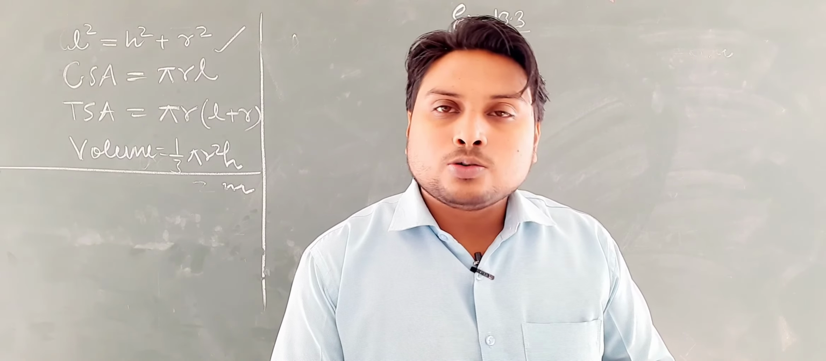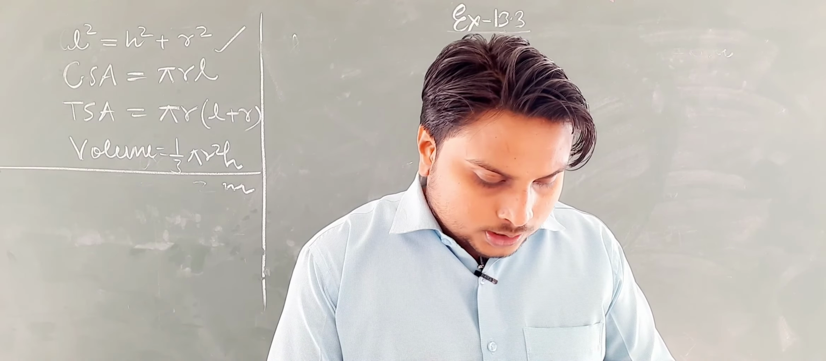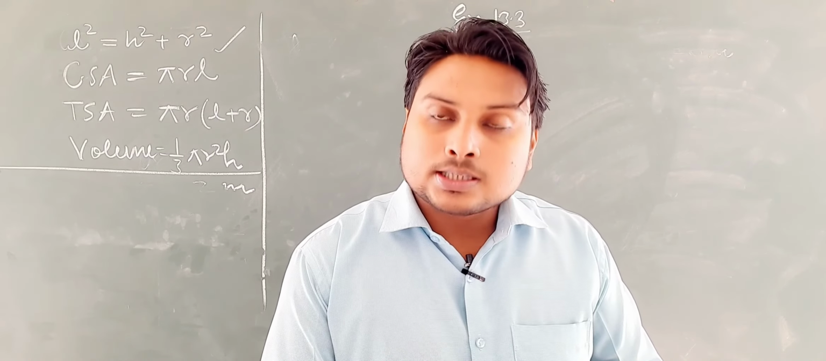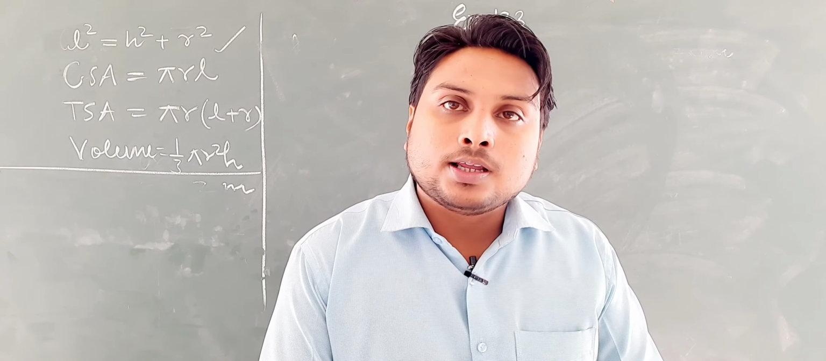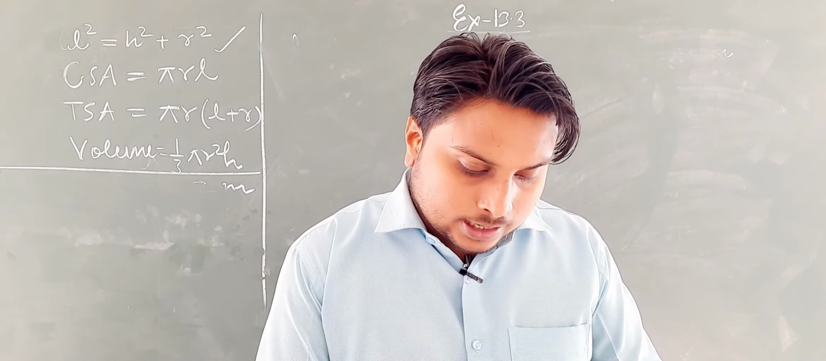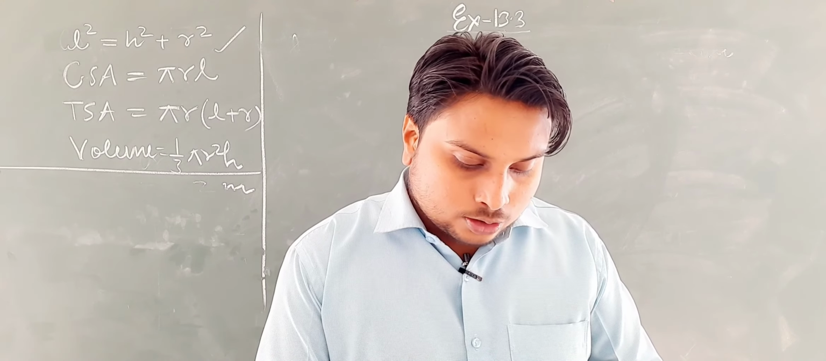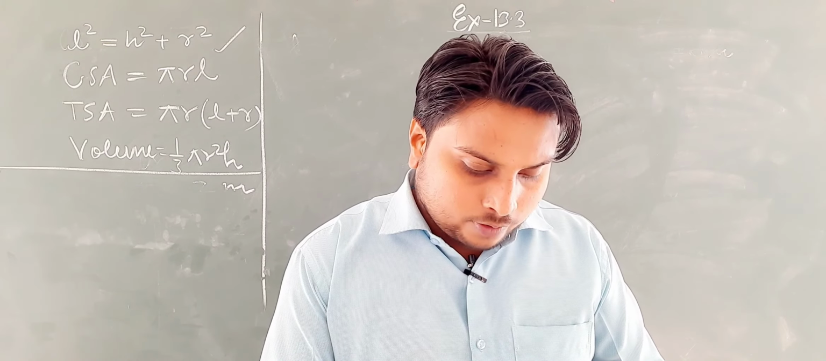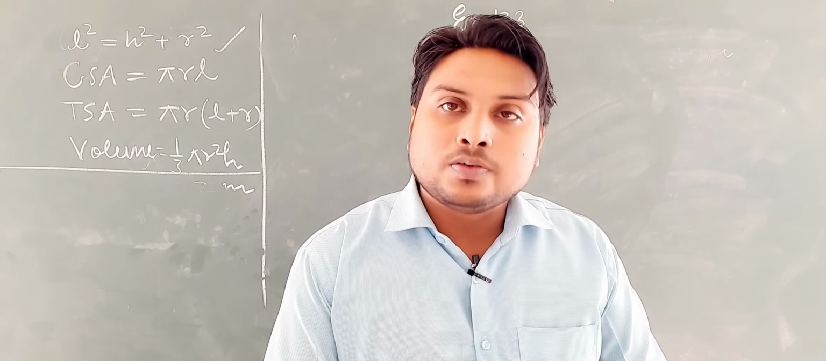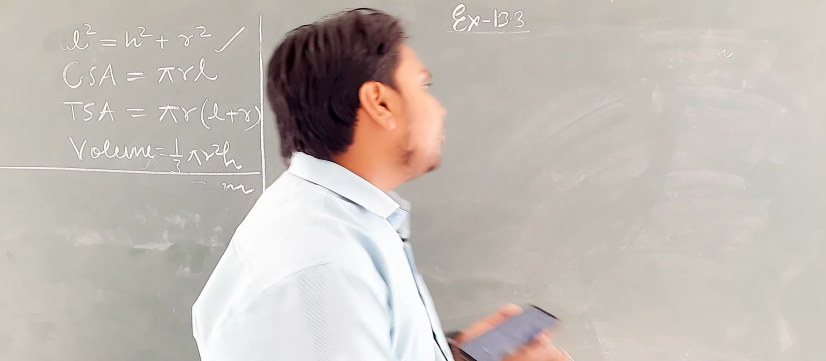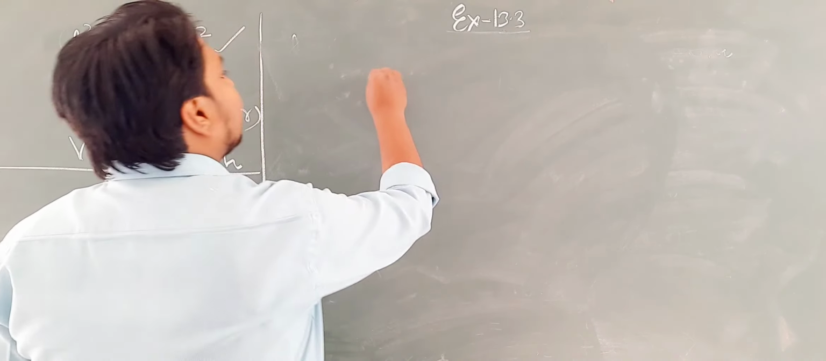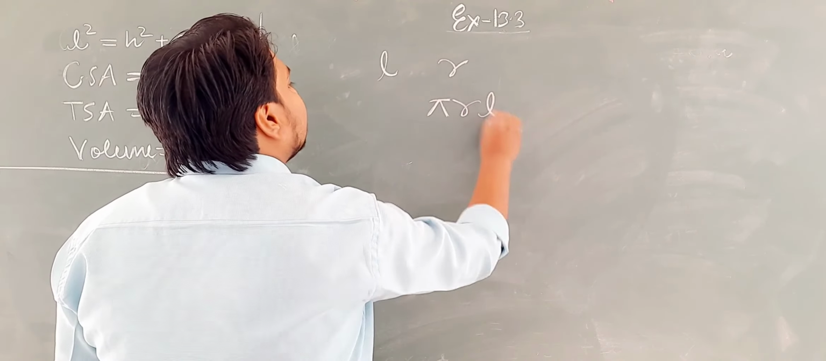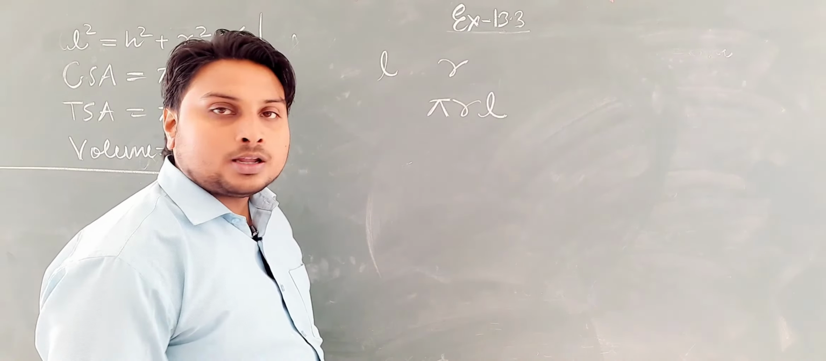Okay, very easy question it is, students, because slant height L is given, and diameter means from here you can find the radius by dividing the diameter by 2. So L is 25, R is 7. You have to find the whitewash of its curved surface area. So if L is given, R is given, you can easily find pi r L,